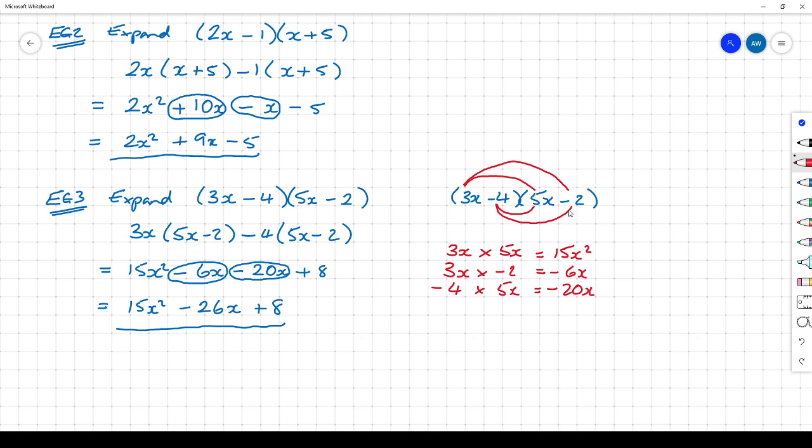And minus 4 times minus 2 is plus 8. And so we've got the same situation. We would write those out. 15x squared minus 6x minus 20x plus 8, and then collect our x's,